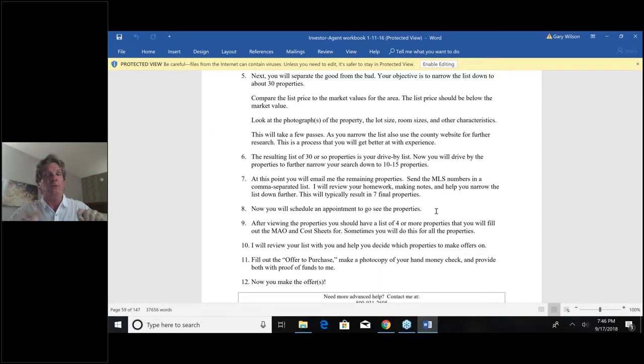So, two ways to go about this. You're going to literally compare all, let's say, the six properties. You're going to compare the notes on all six properties, the inspection sheets, and any rehab sheets they've already had partially filled out. And by the way, I do encourage my clients to take pictures as they go through the